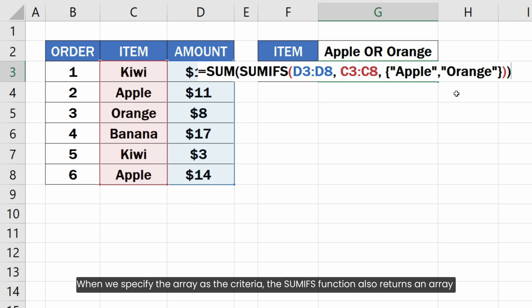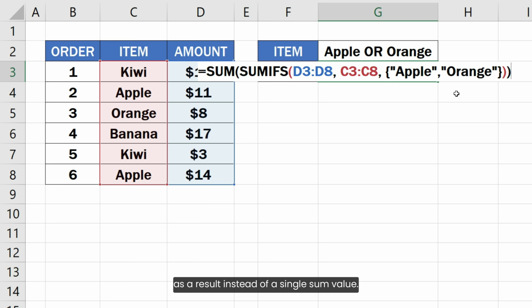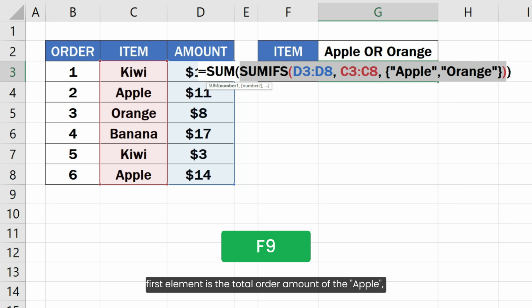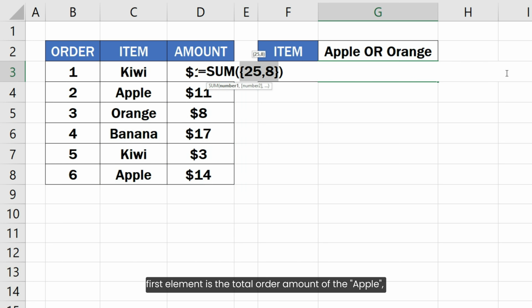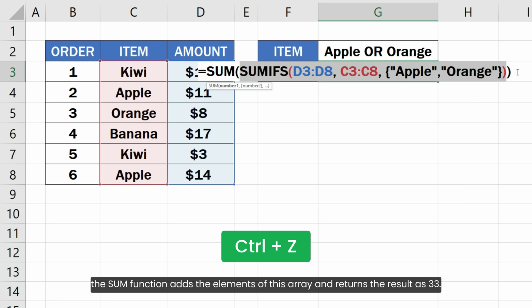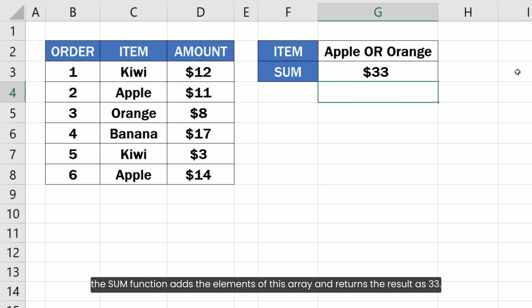When we specify the array as the criteria, the SUMIFS function also returns an array as a result instead of a single sum value. In this case, it returns an array containing two elements. First element is the total order amount of the apple and second, the total order amount of orange. Since this SUMIFS function is specified as an argument of the SUM function, the SUM function adds the elements of this array and returns the result as 33. As you can see, we now have the sum of the amounts if the item is equal to either X